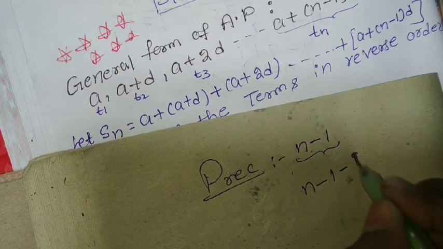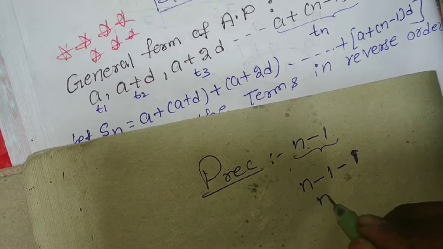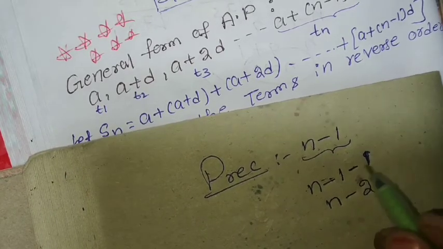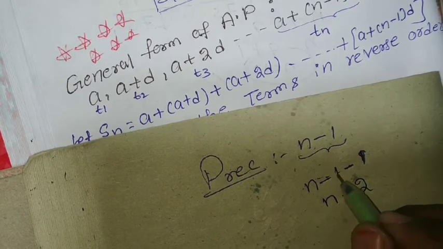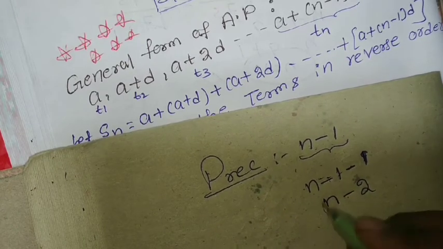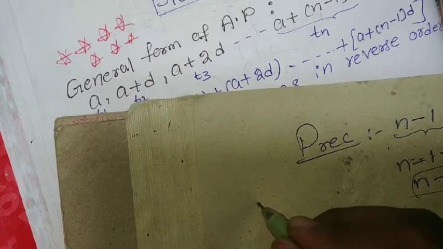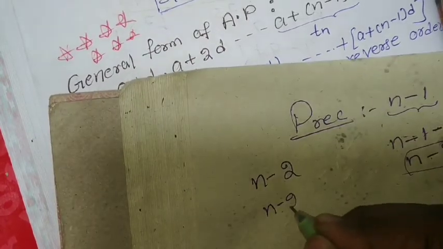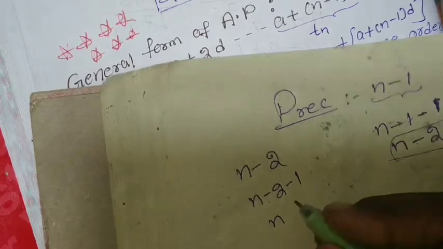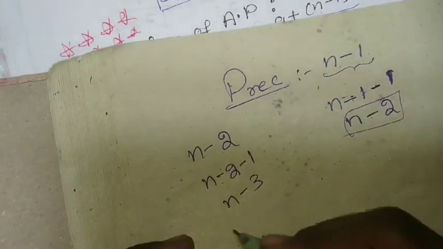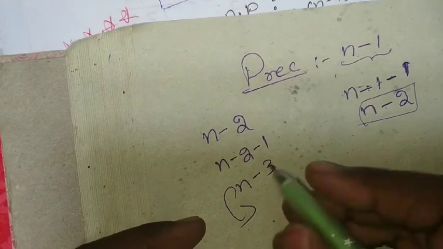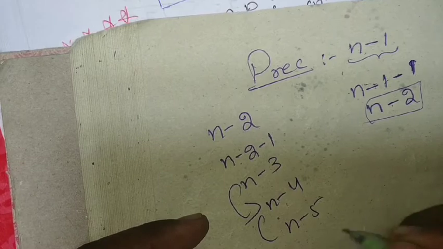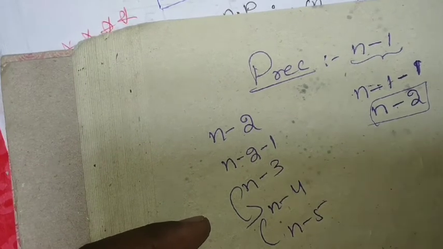Subtract again 1. Then what will happen here? n minus 1 minus 1: minus into minus, that is n minus 2. Minus into minus plus 1 plus 1, 2. In front of 1 we have minus, so keep n minus 2. Then tell me what is the preceding number of n minus 2? Again n minus 2 minus 1. So what we get? n minus 3. And what is the next number? Preceding number we need n minus 4, and next number n minus 5. Are you getting? So this is the process.